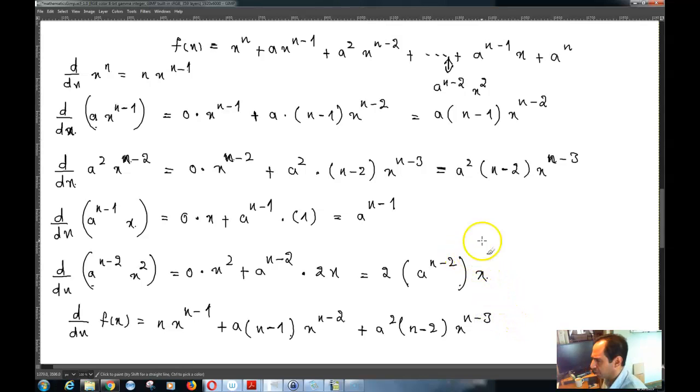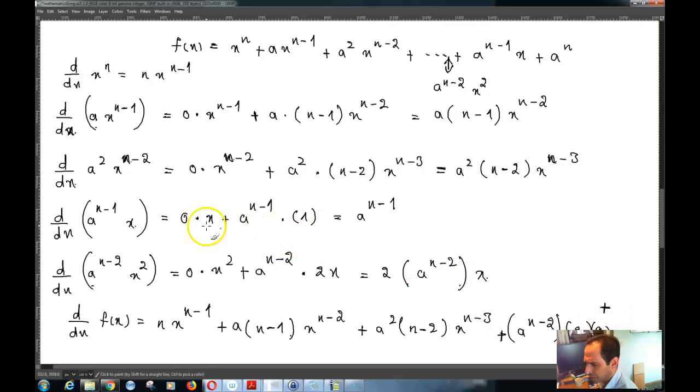And the derivative of this function over here, a raised to the power n minus 2 times x squared, is equal to a raised to the power n minus 2 times 2 times x, and the derivative of this last function over here, a raised to the power n minus 1 times x, is equal to